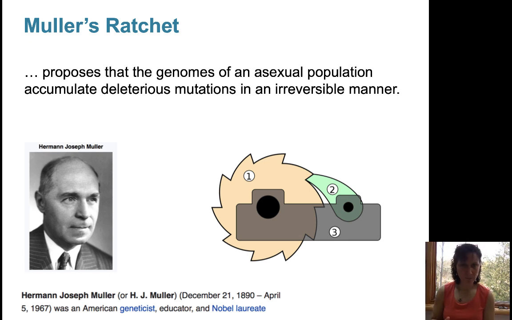Taking some of this concept a little bit further and tying it together, Joseph Muller, many years ago, proposed a concept that has since been coined Muller's Ratchet. He proposed that the genomes of an asexual population accumulate deleterious, or dangerous, harmful, sometimes lethal mutations, and in an irreversible manner. If you don't know what a ratchet is, we have a picture here, and sadly this is not an actual video, but this is the ratchet mechanism in its entirety. But if you think about it, it's just like